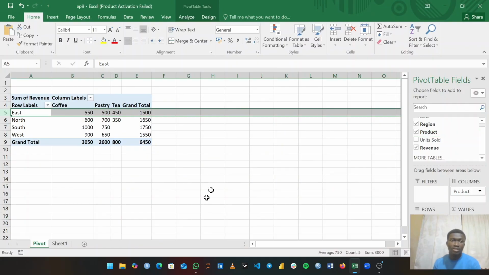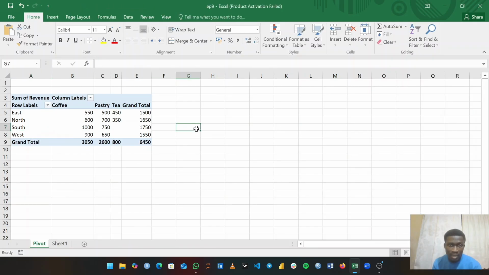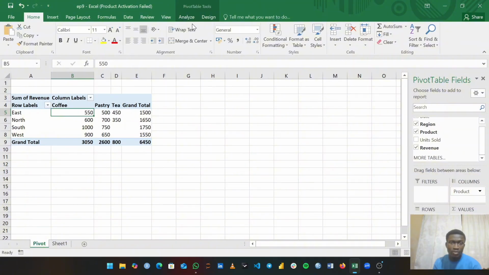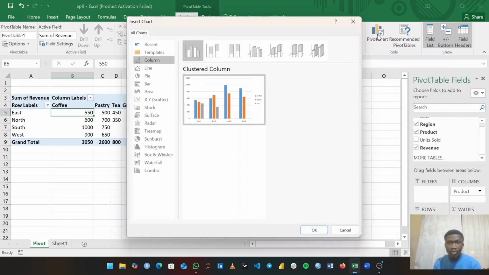We can introduce our pivot chart. So you click anywhere. Remember, the mistake a beginner will make is clicking outside the pivot table. You have to click inside the pivot table to be able to add a pivot chart. You come to Analyze. When you come to Analyze, we have PivotTable Tools Analyze. You see PivotChart at the top right side. When we click on it,